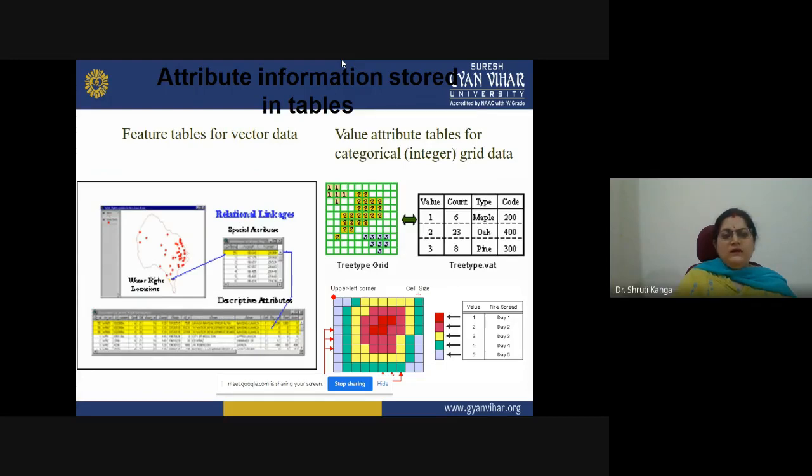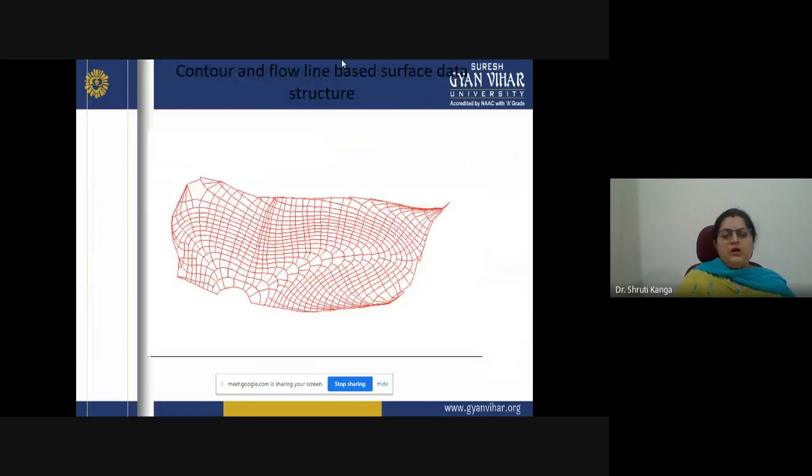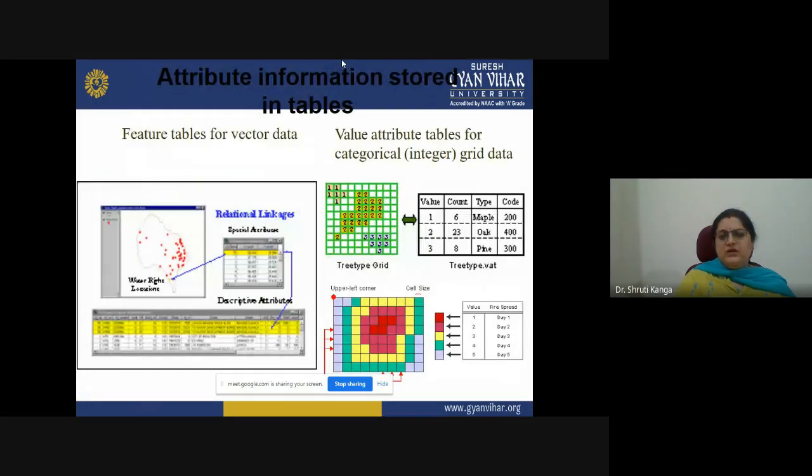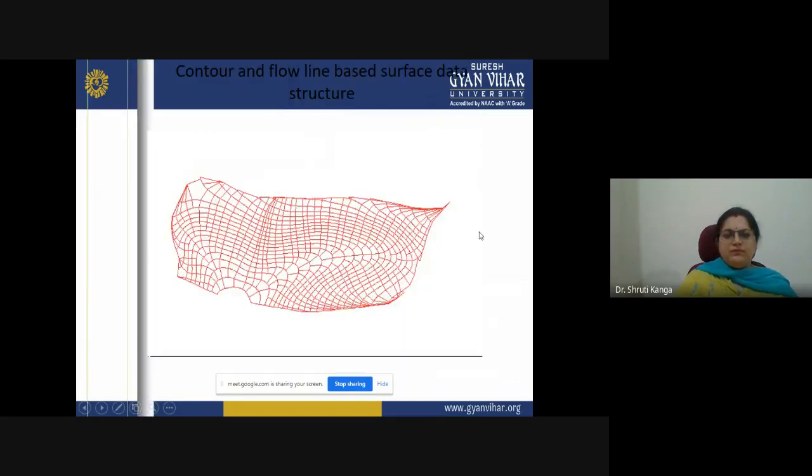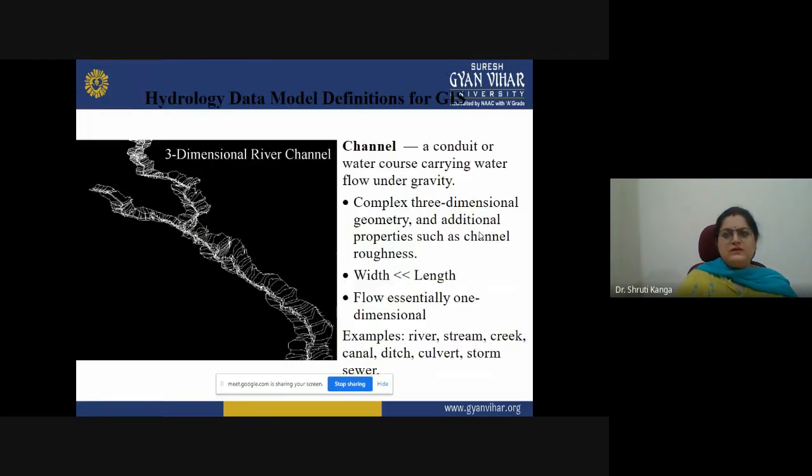And then the attribute data looks like this, and it can be stored in rows and columns in the form of tables. For raster and vector, both the attribute information will look like this. The contour information, okay, then contour lines can be shown like this. Hydrographic data models